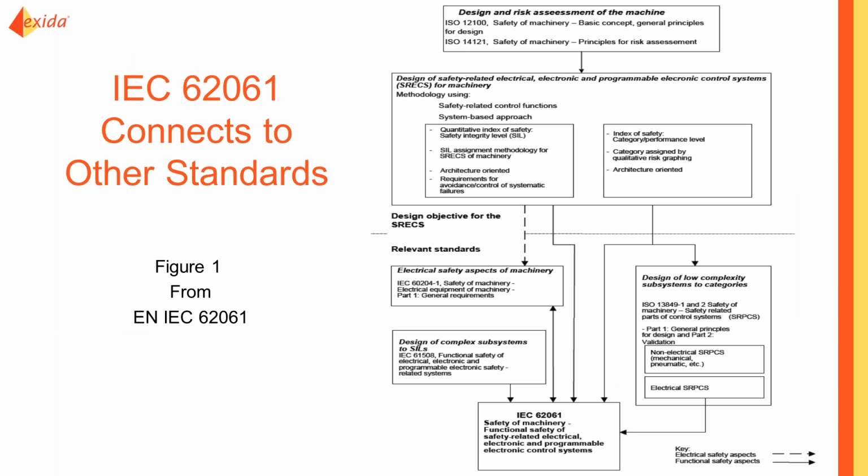So this is a good example. IEC 62061 connects with different standards. General guidance on risk assessments for machines is given by standards such as ISO 12100 or ISO 14121,